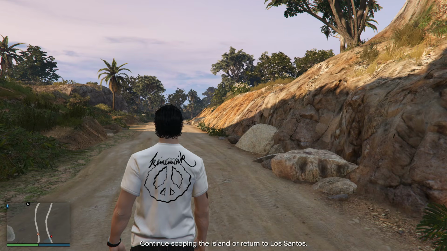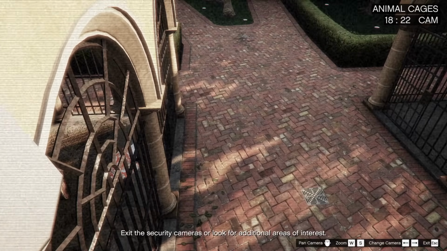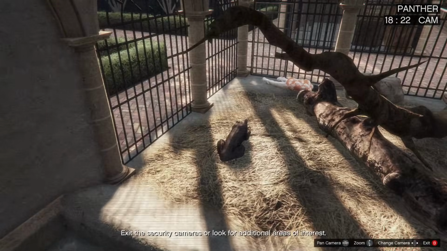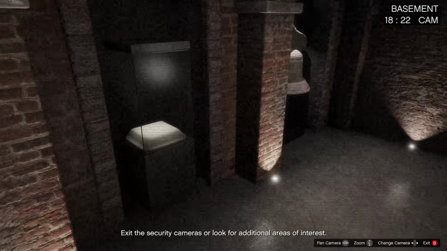Ladies and gentlemen, welcome to my guide showing you all the secondary targets inside of the Cayo Perico Heist. Starting off with the cameras inside of the compound, which you can access by opening up your phone and then going to the Sightseer app in the bottom right of your phone. If you do so, you will access all the cameras and you can start looking around the compound to find